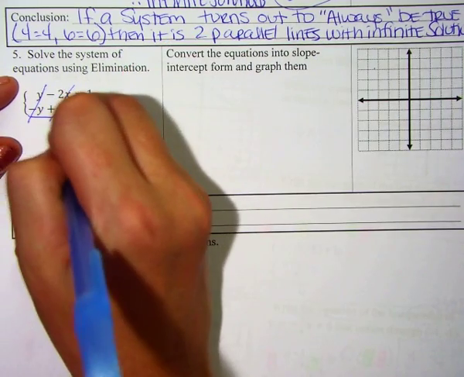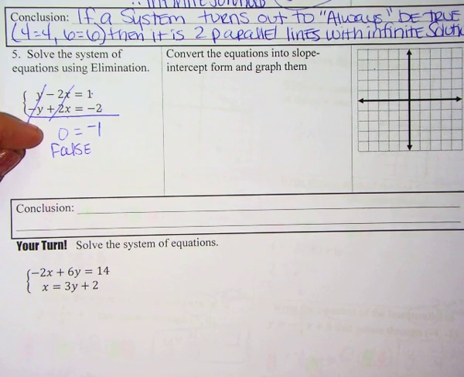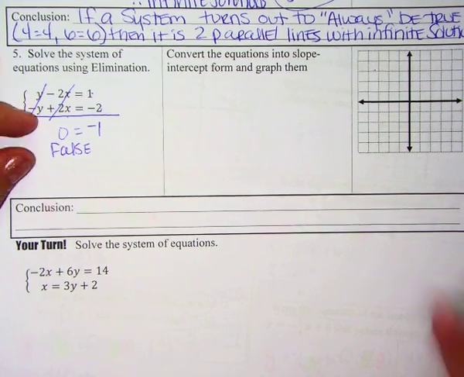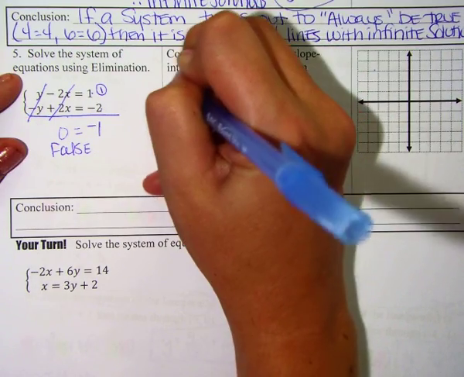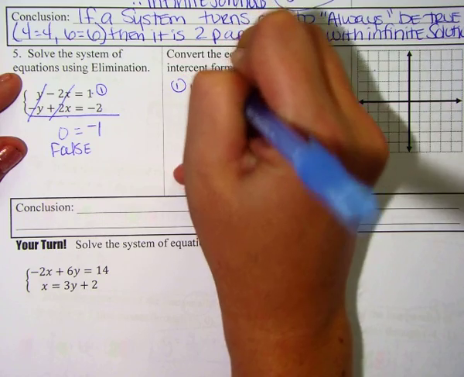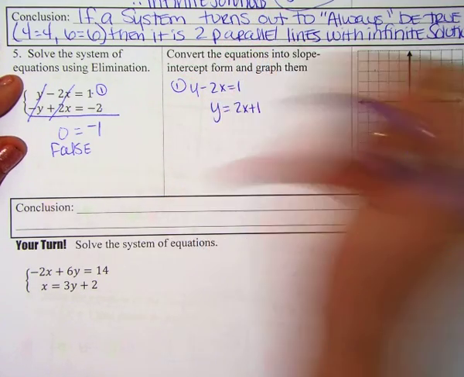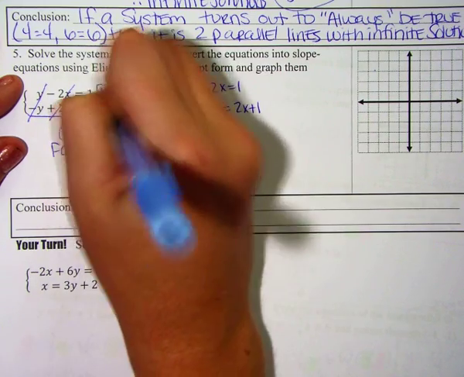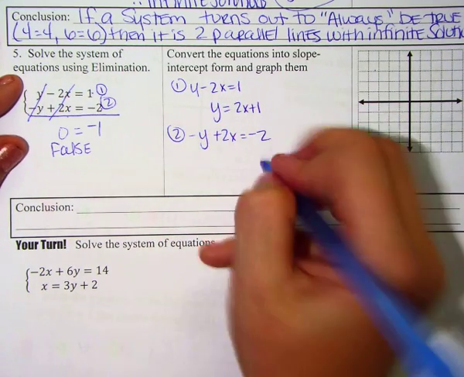So this is what we would call false, right? We would say that this is not a solution. So if you were to convert both of these into slope-intercept form, add 2x to both sides, equation 2, subtract